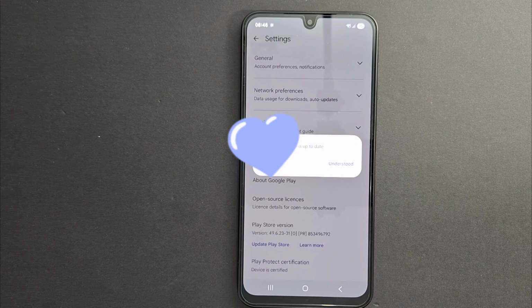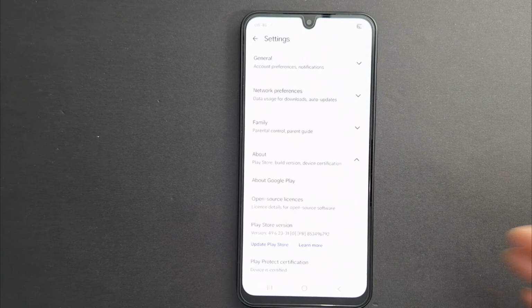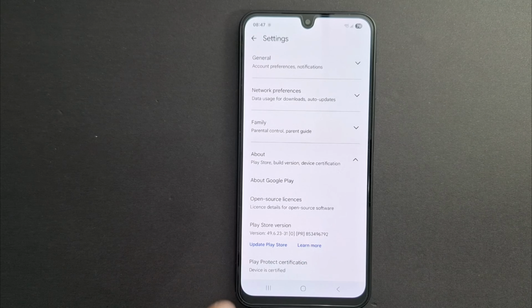In my case here, I cannot update it because it's already done automatically in my device. So you just press understood. This is the last version that was updated in my device. If there is a version available, you will see it and you will be able to update the Google Play Store